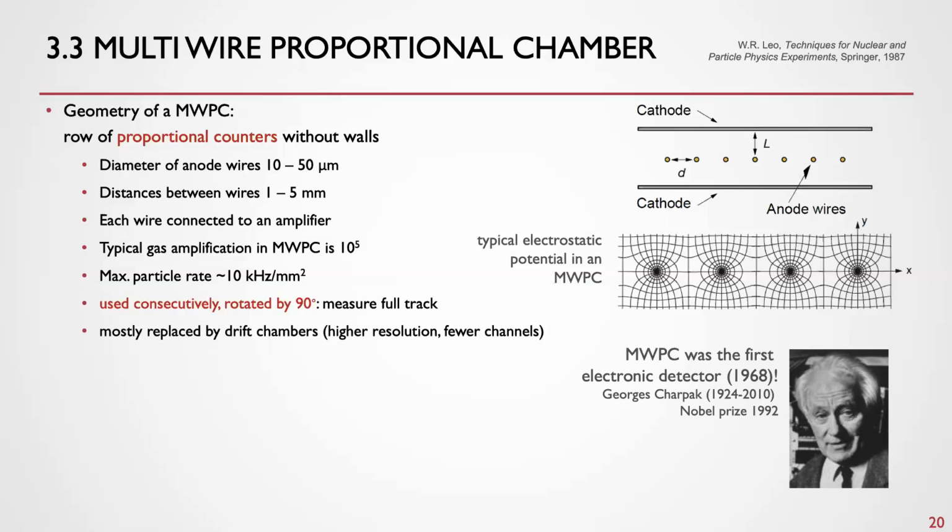Let's assume we don't run in proportionality mode. We only know which anode wire has fired, but we don't have any signal strength. So let's say, if you look at the screen, this wire has fired. So we can assume that the signal was somewhere close, within half of the distance to the next wire. Let me change color. We can now compute the